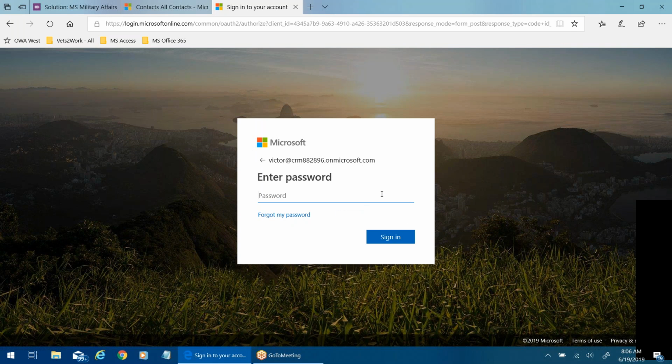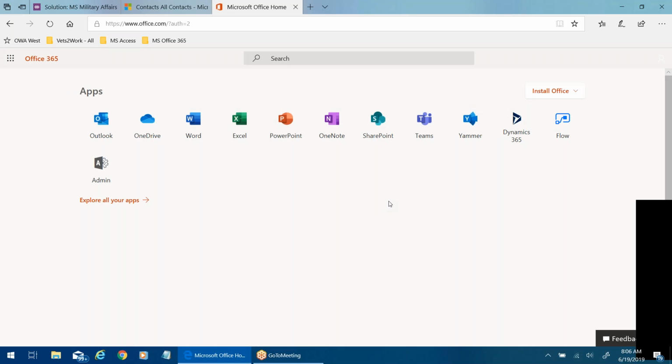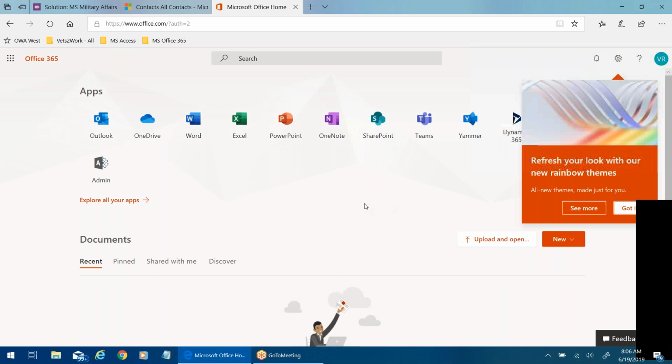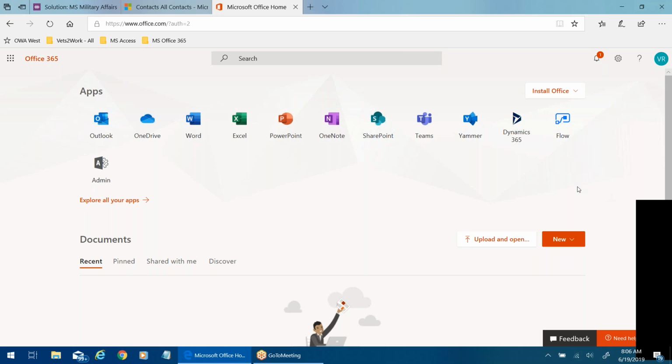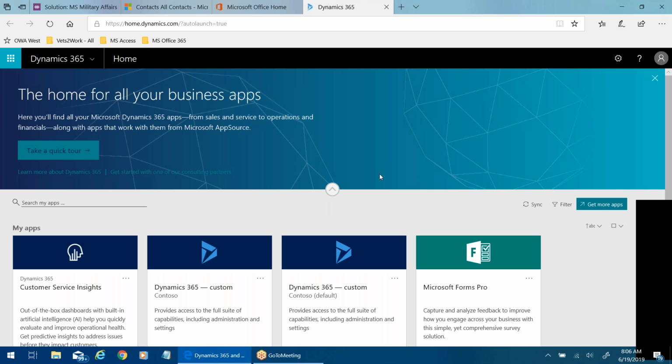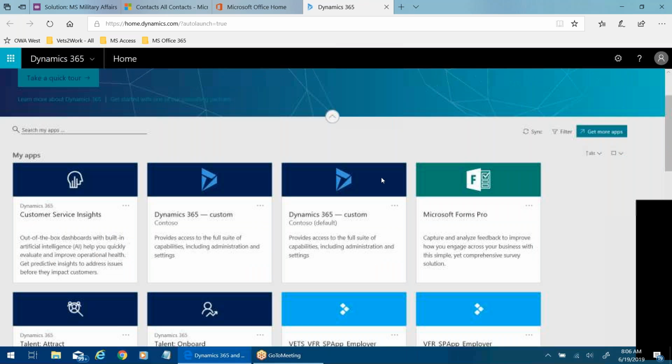All right. Well, I think there are a few ways to do it. You can create a new app and import the existing solution, the military affairs solution, or you can edit the sales app and delete the menus that are there. I think the first option's a bit better. I do too, because you don't want to be eliminating stuff that you don't know. We don't know what dependencies there are.